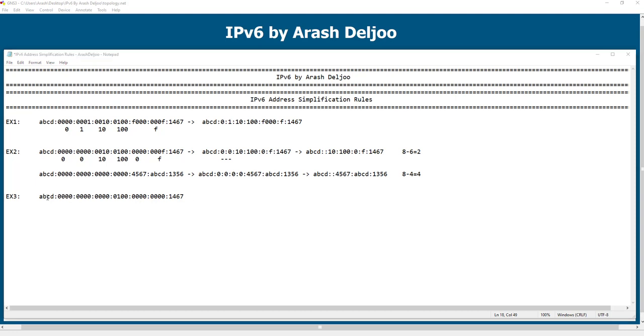But why? Look at this IPv6 address. We have an IPv6 address here. I want to compress this IPv6 address. You know that, for example, in the